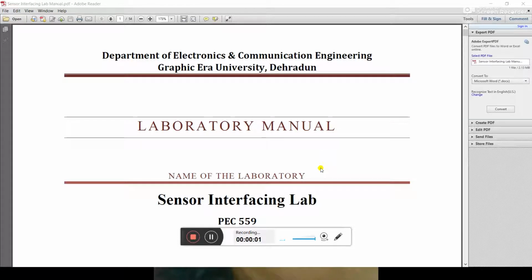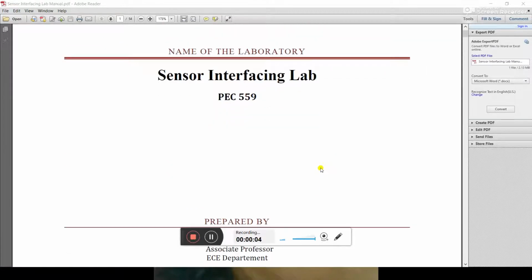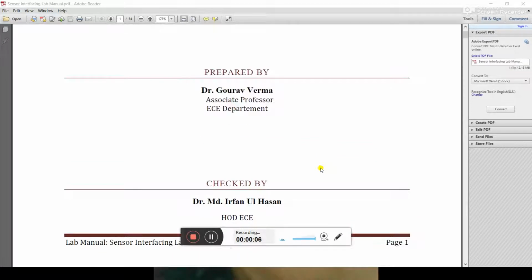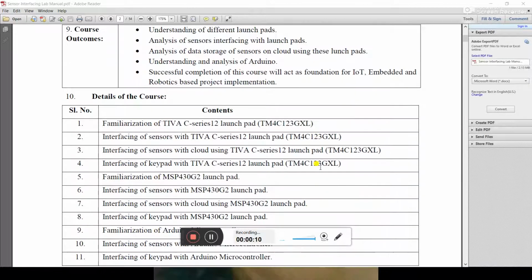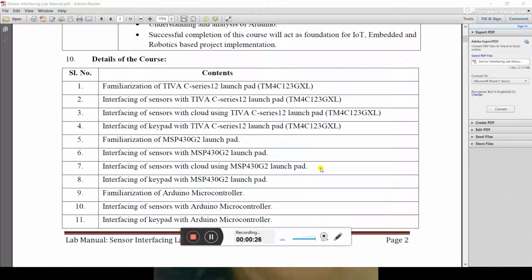Hello students. So today we are going to discuss the additional experiment. I have already covered 5 experiments, and I want your write-ups on my mail ID as soon as possible. By next week I will check all the experiments whatever you have done in the lab. Now I'm going to discuss another thing.